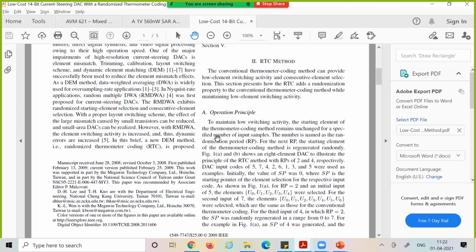Okay, so that will be one group of students who will work on it. You can kind of draw on your experience designing the sample and hold. In fact, the op-amp needs some change because the op-amp cannot produce a rail-to-rail output. Although you might have a rail-to-rail input, you may not be able to provide rail-to-rail output. So you need to add a class AB stage at the output. So that is one thing.